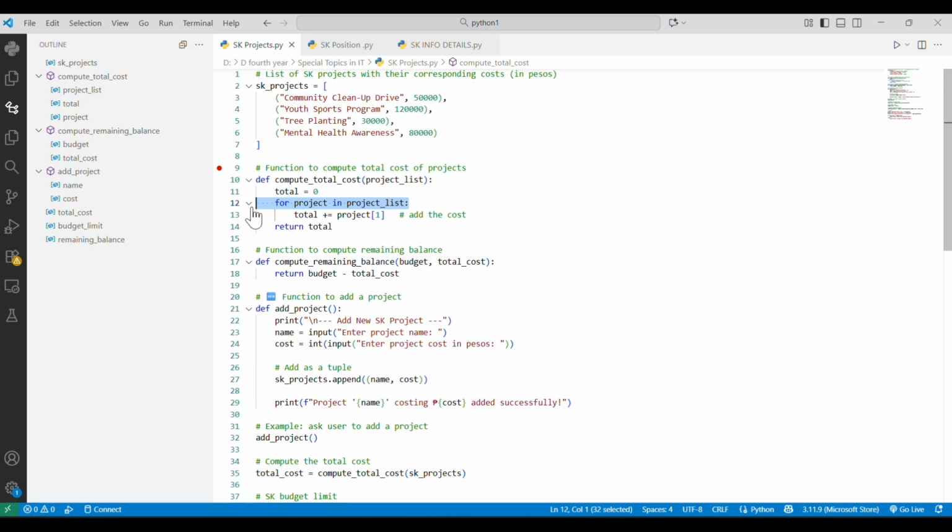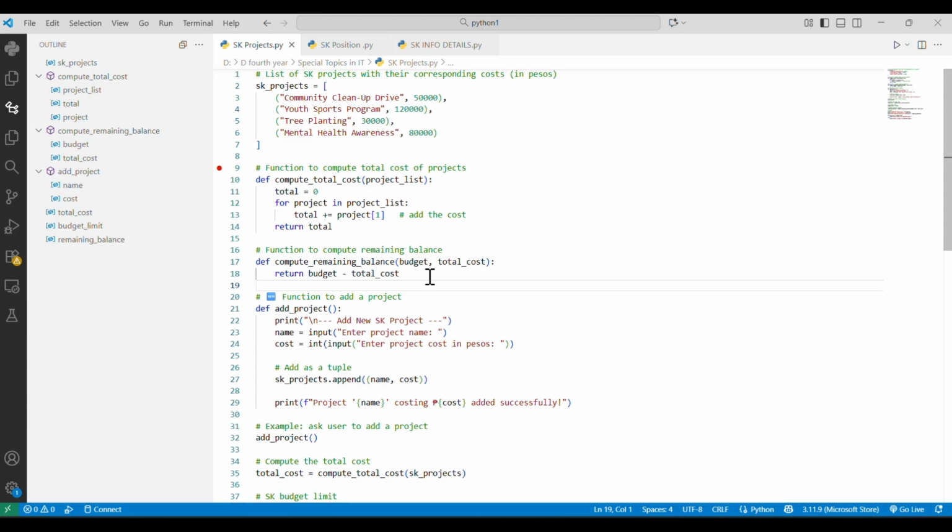It loops through every project, and project 1 gets the cost part of the tuple. Then we have the total plus project 1, which continually adds each cost. When done, it returns the total expenses. We will see on the last part how it works.